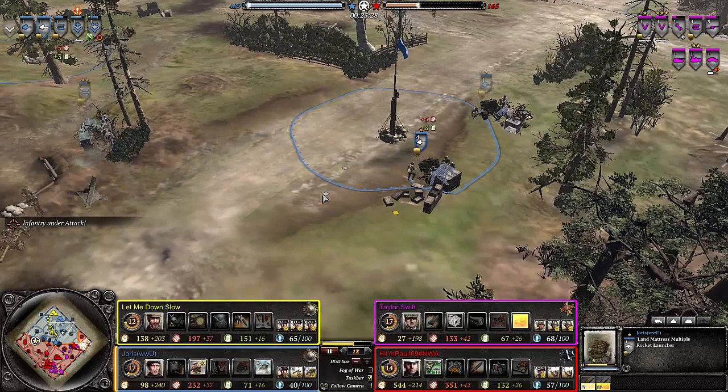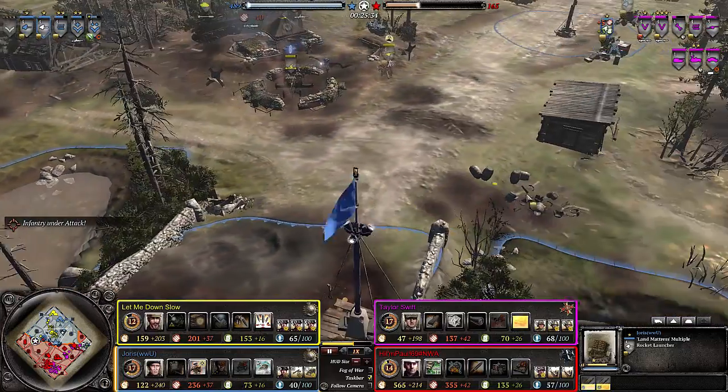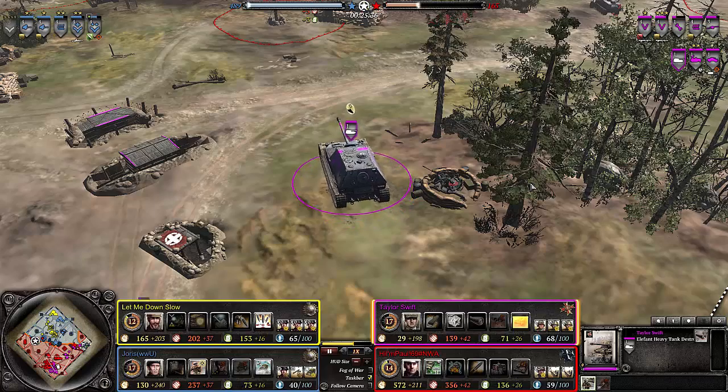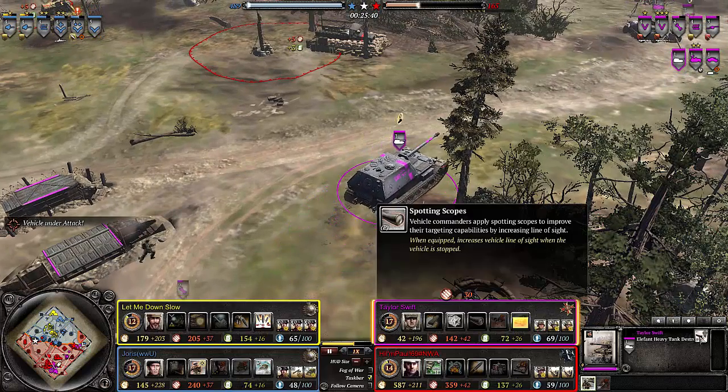Both these Land Mattresses are either completely unlucky or totally lucky. And we definitely see the Germans might just barely be pulling their way back into this. Ooh, and here we go. We have the Elephant Heavy Tank Destroyer coming on in this as well, with the opportunity to get these spotting scopes,